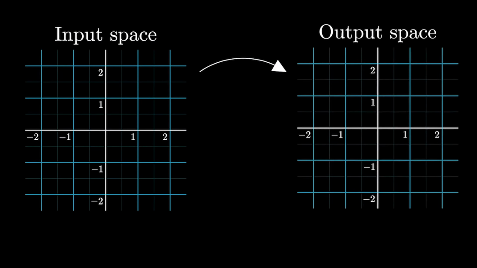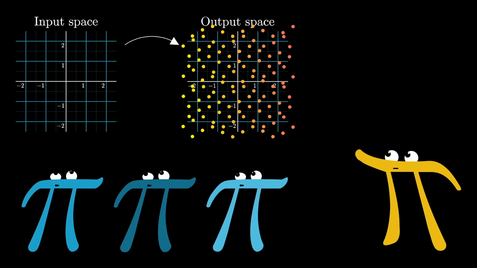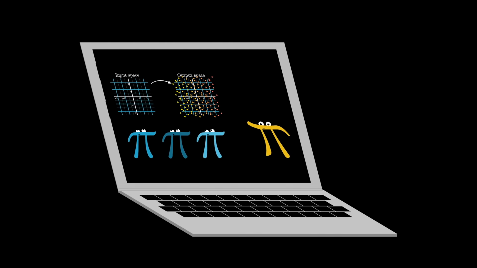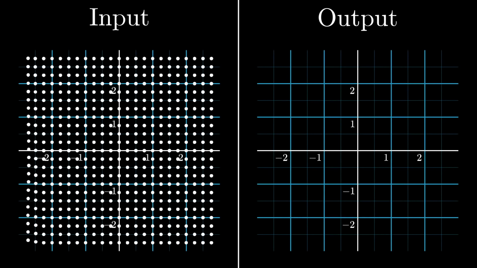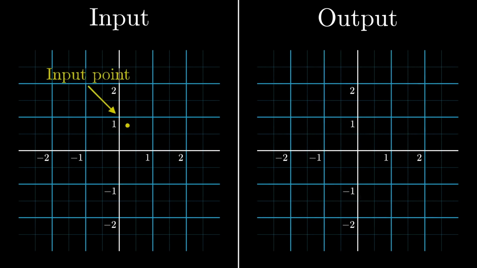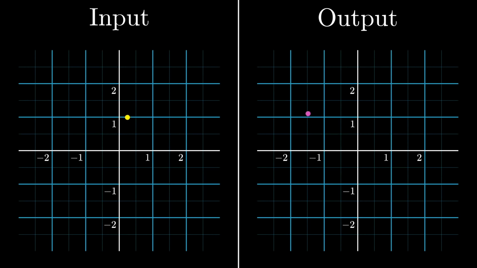Now, since we're going to be talking about these 2D functions so much, let's take a brief sidestep and consider how do we illustrate these? I mean, graphing a function with a 2D input and a 2D output would require 4 dimensions, and that's not really going to work so well in our 3D world on our 2D screens, but we still have a couple good options. One is to just look at both the input space and the output space side by side. Each point in the input space moves to a particular point in the output space. And I can show how moving around that input point corresponds to certain movements in the output space. All of the functions we consider will be continuous, in the sense that small little changes to the input only correspond to small little changes in the output.